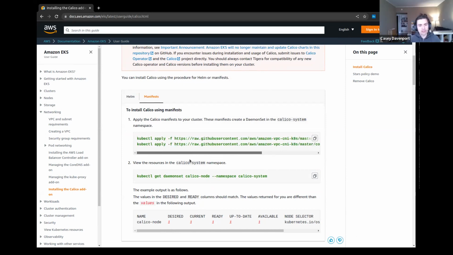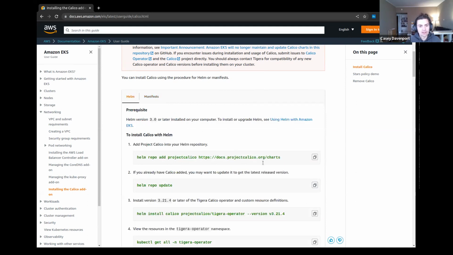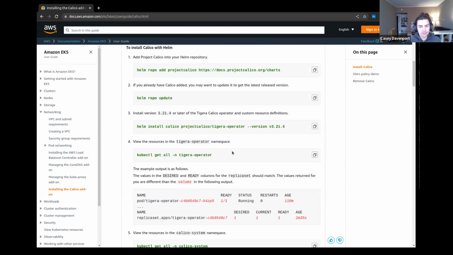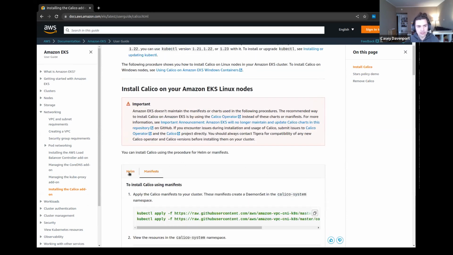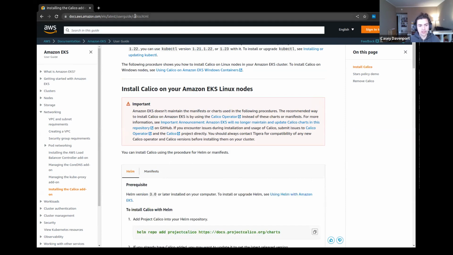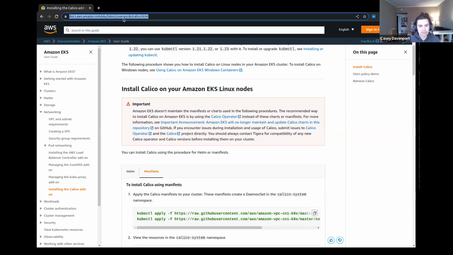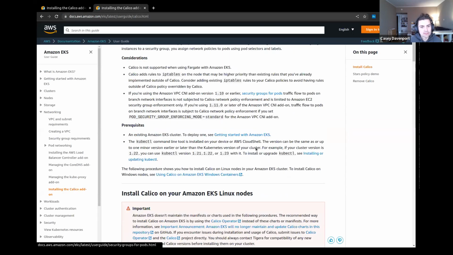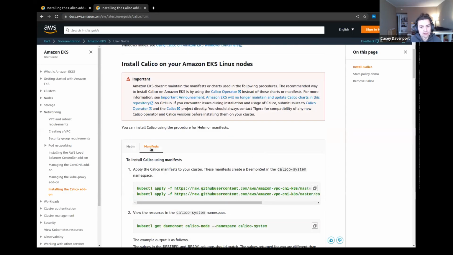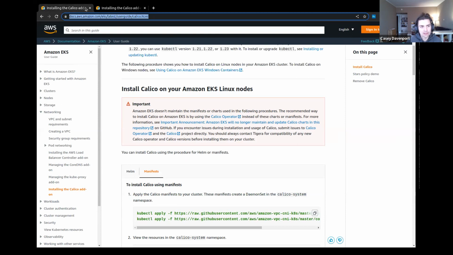Yes, the manifests are wrong, but the Helm tab is correct. And I think that if you go to that page by default, it shows up in Helm, but maybe that's just me. Oh yeah, I guess it does keep whatever you had last.